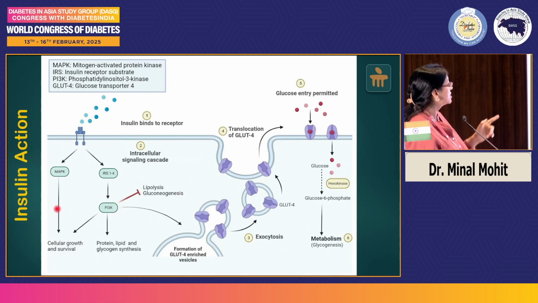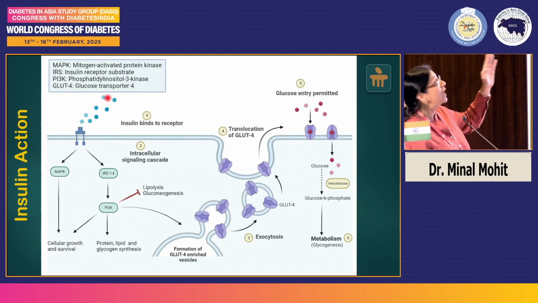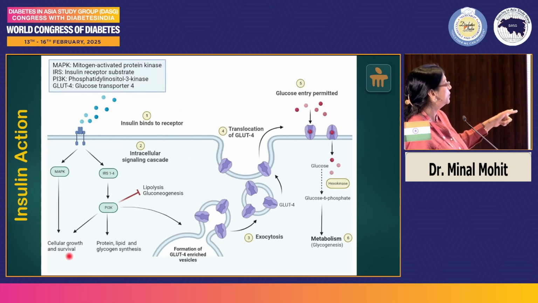This will cause cellular growth. This is through MAPK pathway. And during hyperinsulinemia phase, this mitogenic pathway is stimulated more because of hyperinsulinemia, and that leads to atherosclerosis. Whereas in this pathway there is growth, protein and lipids and glycogen synthesis. Then there is lipolysis happening, and this